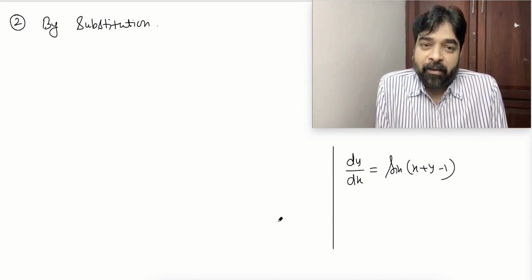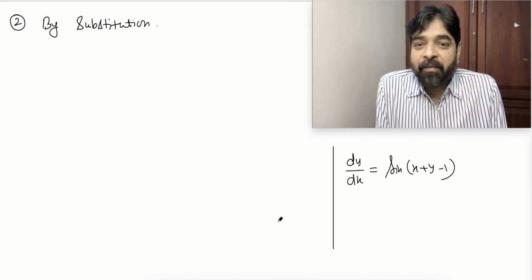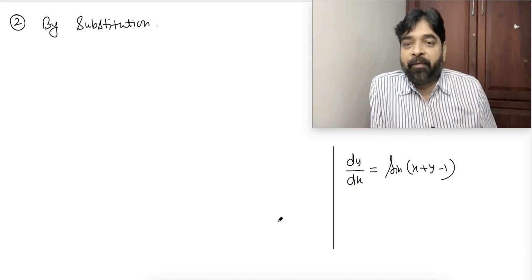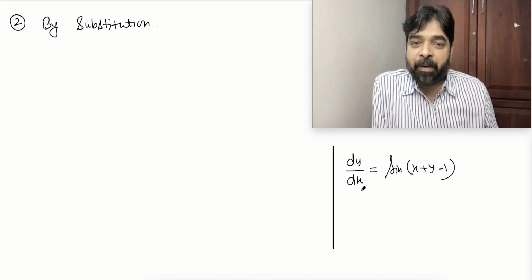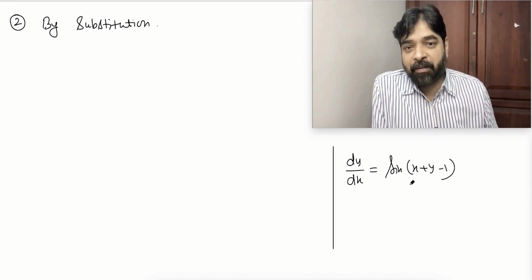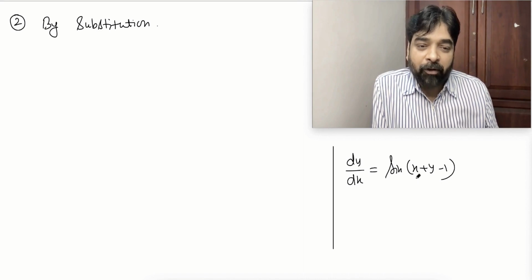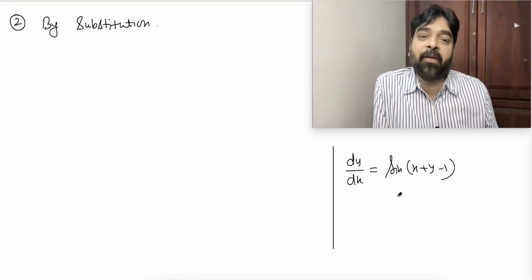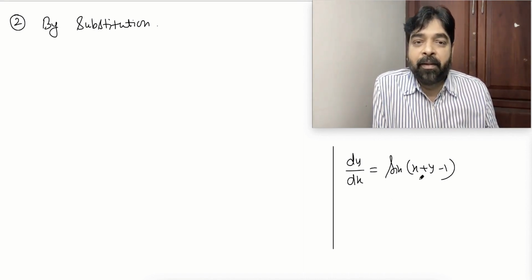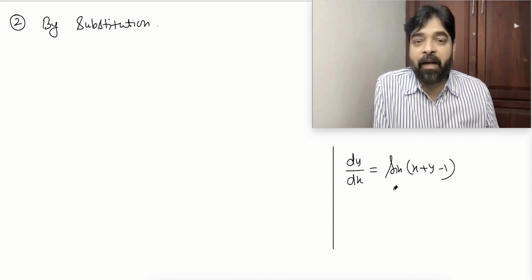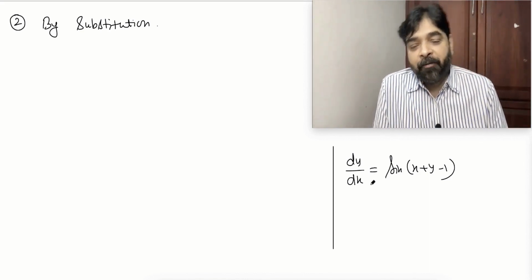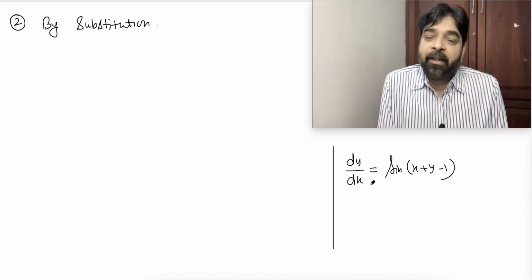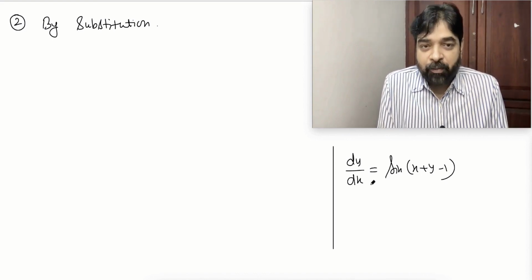Whatever you do, you cannot make the x variable one side and the y variable another side. It's impossible. If we try to remove the sine, then sine inverse will come here, and again dx and dy cannot be separated. Don't try to think, sir, I will expand it. If you expand also, nothing will happen. You cannot separate the variable. If I cannot separate the variable, then we have to think about what exactly we should do.